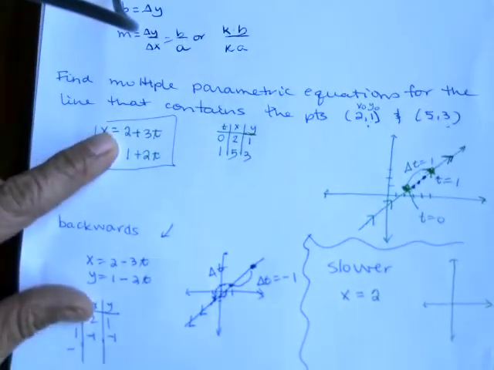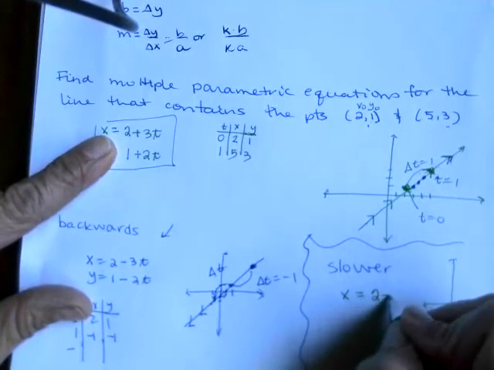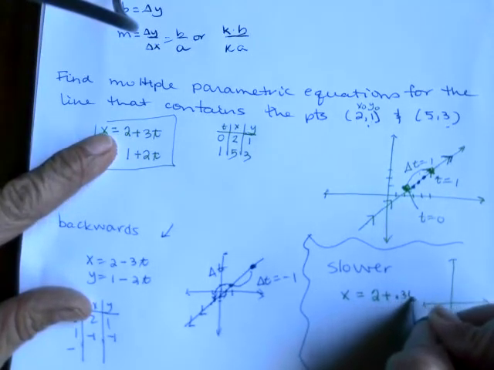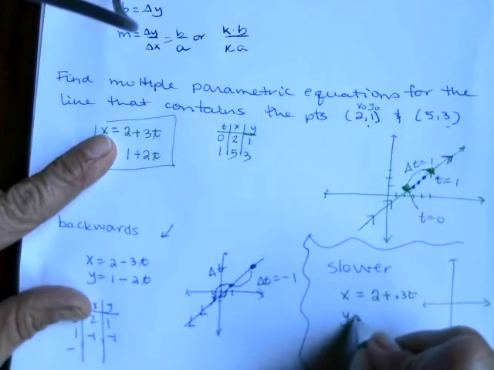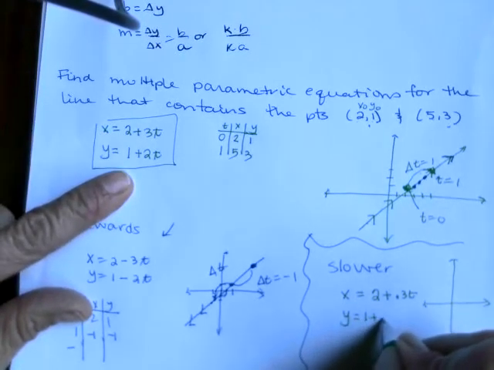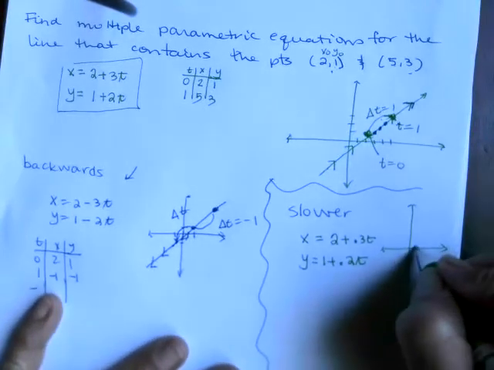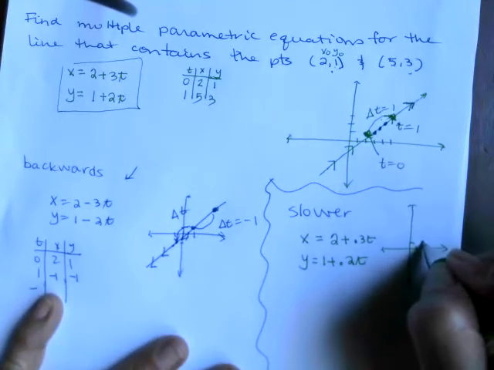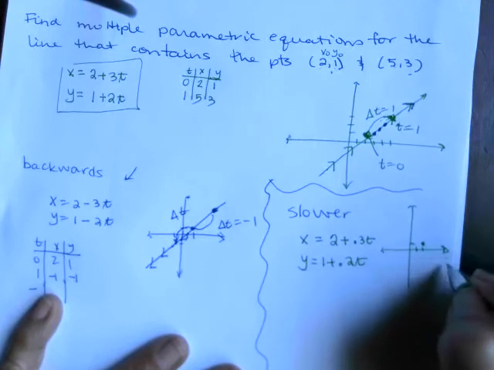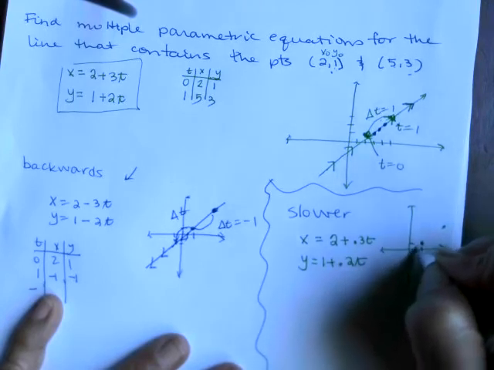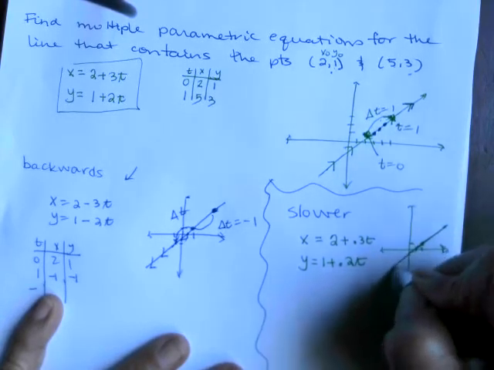Okay. Well, how about if I did 2 plus 0.3t, and y would be 1 plus 0.2t. Okay. So now it's going to take me 10 steps